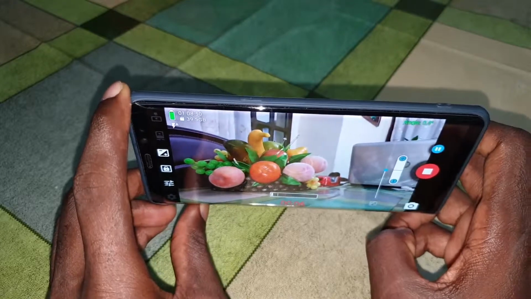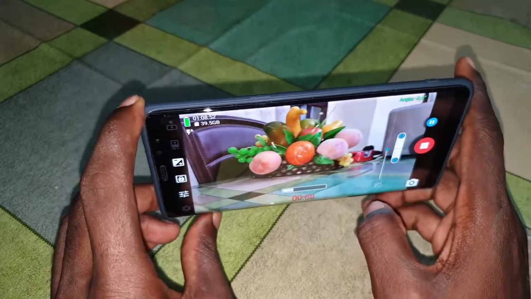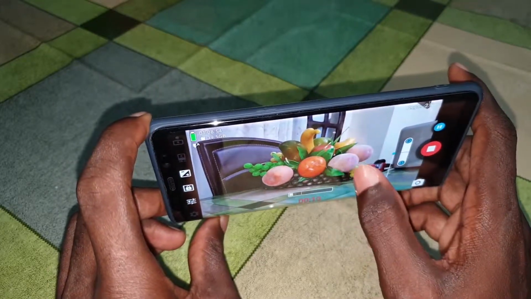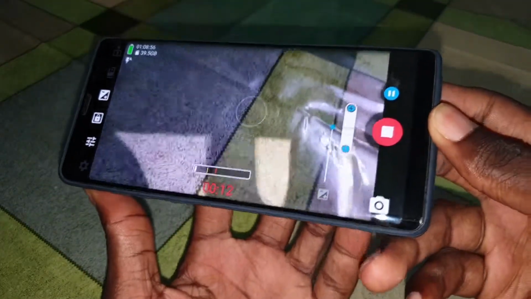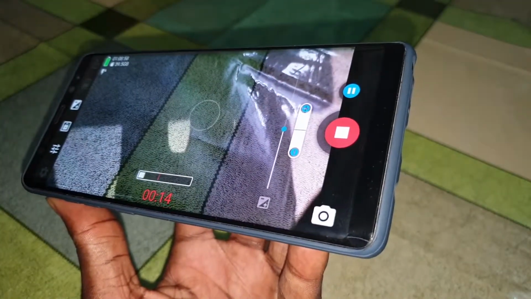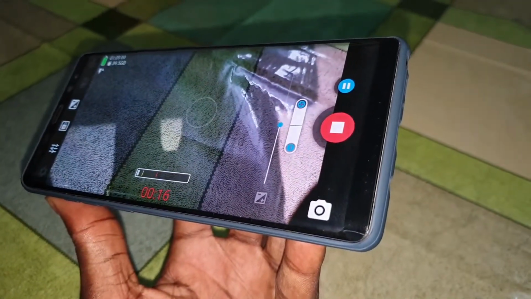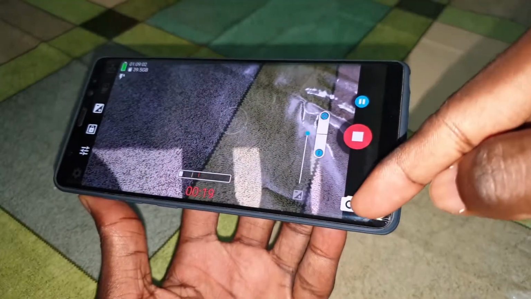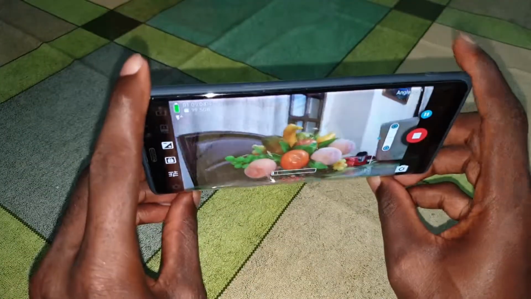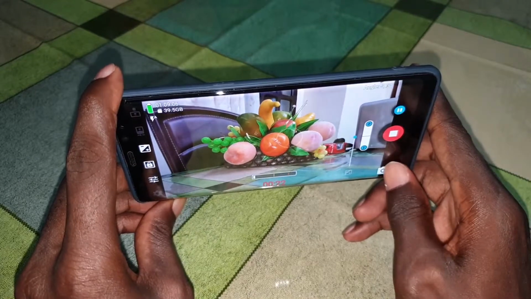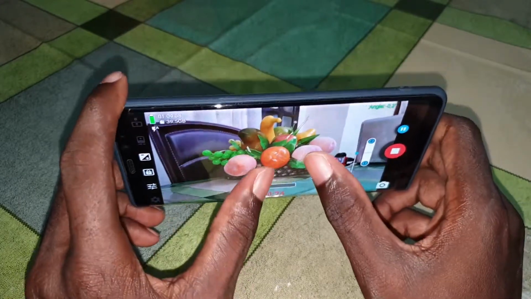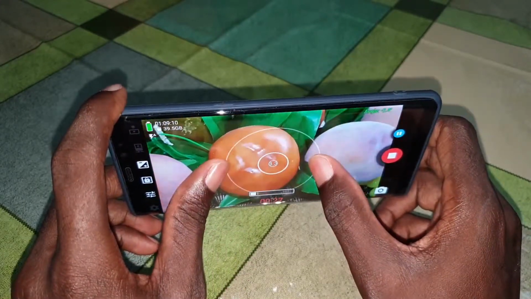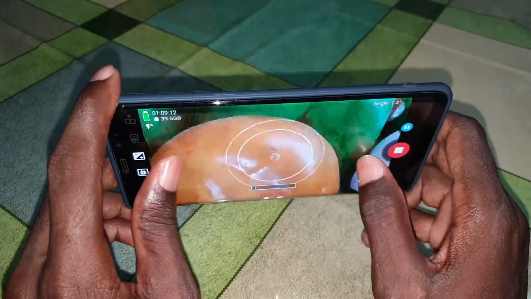As you can see, not bad, beautiful, and you can take a photo with this button, the photo button. Okay, like that, and you can zoom into this picture.